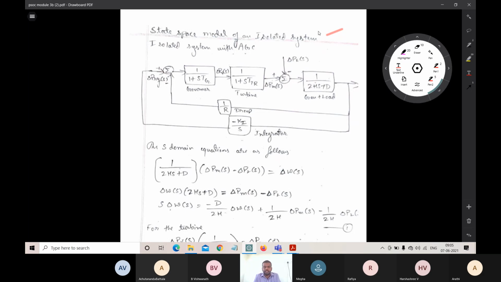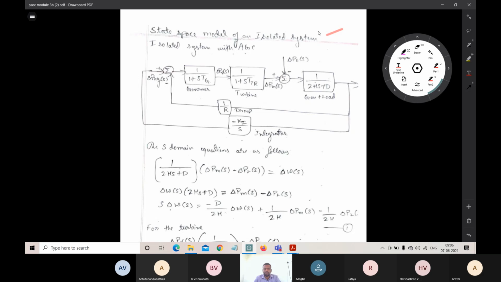The next thing is the state space model. What is meant by the state space model? The state space model is nothing but a design. It has different state space vectors, and it is mainly used for stability analysis. We know the Routh-Hurwitz criterion. In a control system, by using the Routh-Hurwitz criterion, we can easily find the stability of the system, and based on that we can determine the range of parameters.